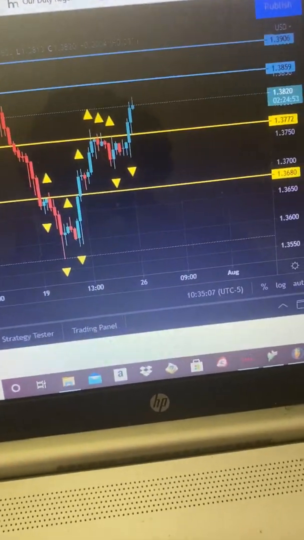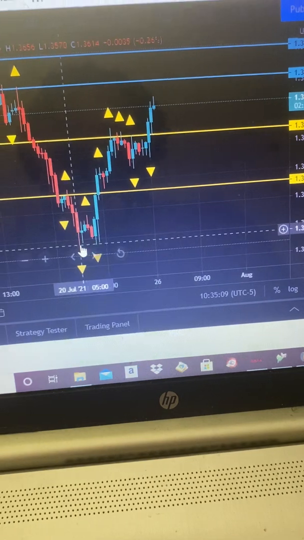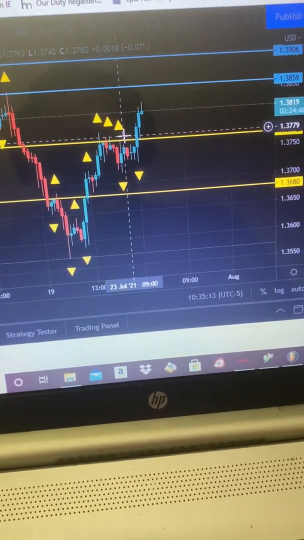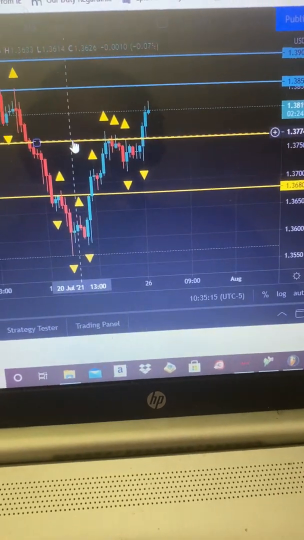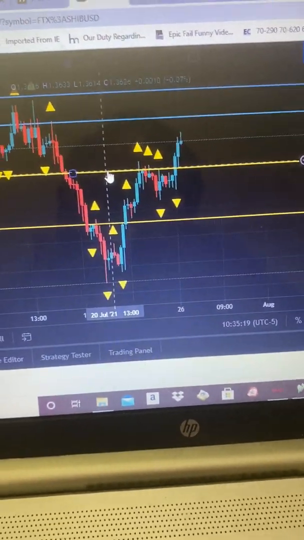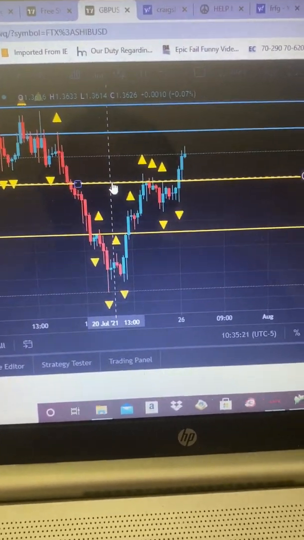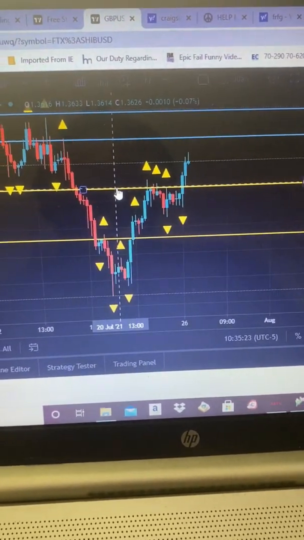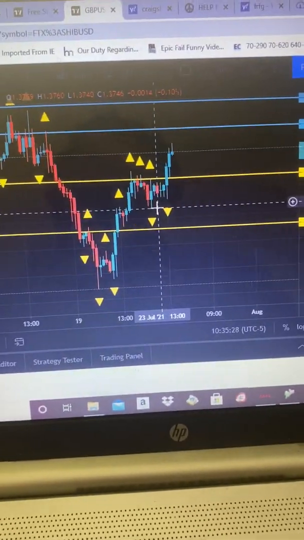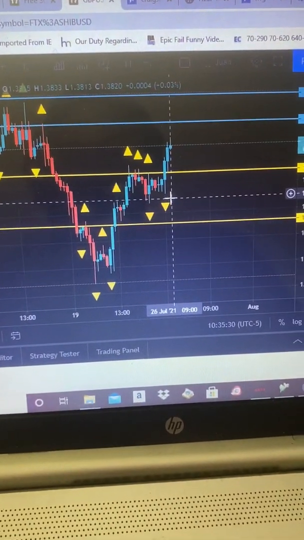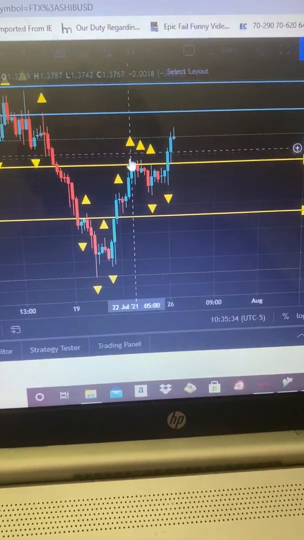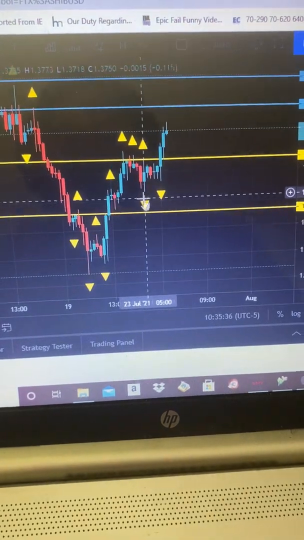This would have been a perfect setup, seeing that there were a lot of fractals for swing highs on a key area, which I said is definitely a retest area on the H4 for a lower low. But as with anything, nothing's 100%. What ended up happening is it made a floor right here, probably on the hour or the M30. It made a floor and pushed back up, and the floor made 2 fractals, which were the swing lows,